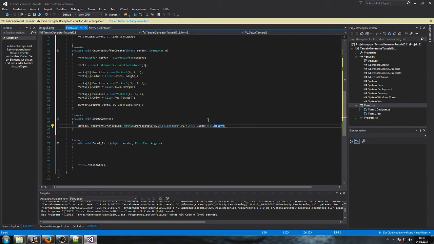What's the next parameter? The next parameter is the set near plane and the set far plane. You can just simply imagine we are looking now into a direction. No, at the moment we don't, because we didn't set it yet. But in front of our camera into a virtual three-dimensional world, we have a